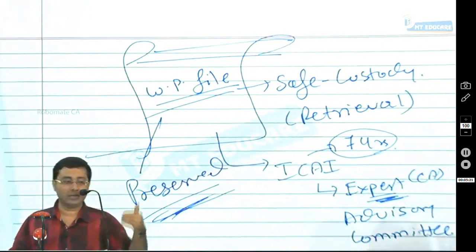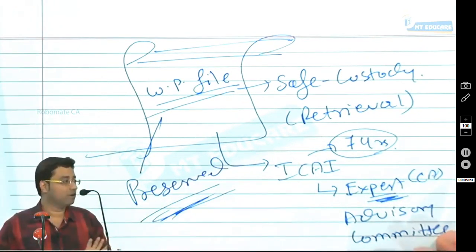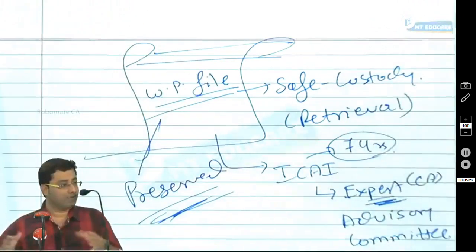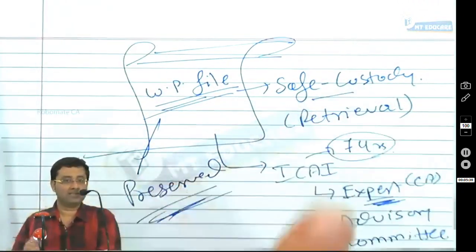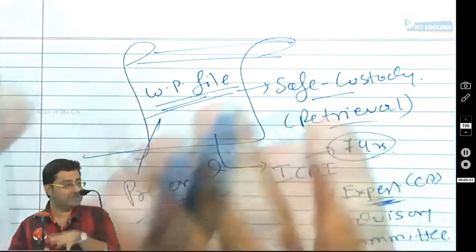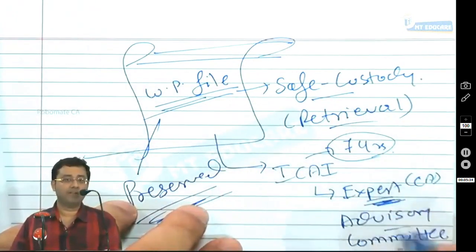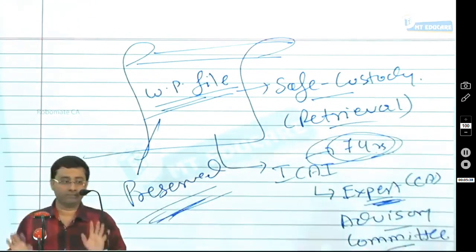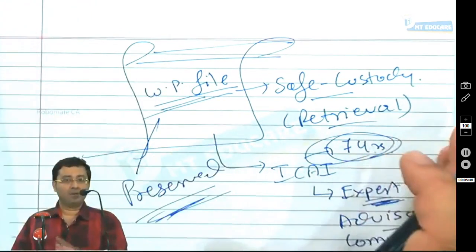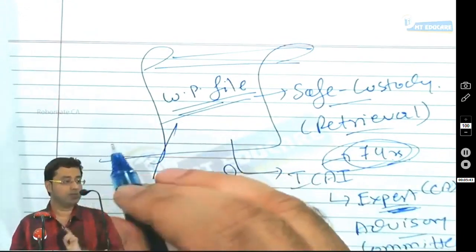It's very important. You have to preserve your working papers, because in future, how will you justify what work you had done for your clients? It's only because of preserving the working papers. So working papers should always be prepared and kept in a file, called the working paper file, in safe custody, so that they can be easily retrieved. As per the expert advisory committee norm, you have to keep your working papers for a minimum period of 7 years.